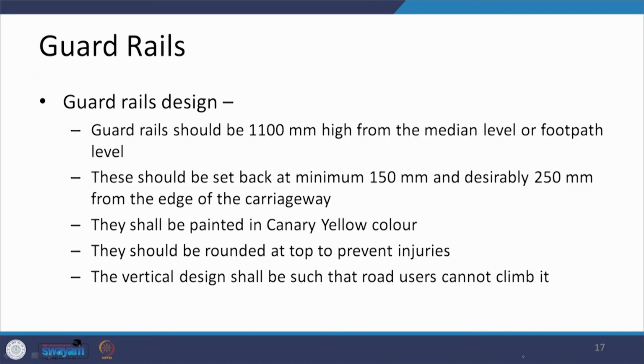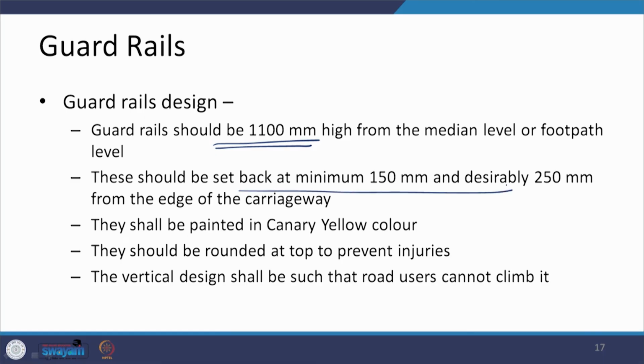Now, when we are talking about all of these guardrails, then what should be the design? That is what we are trying to look at here. The very first thing is what should be the height of these guardrails, and these are 1100 mm above the surface of the median or above the surface of the footpath on which it is being provided. The other thing is where it is going to be located, on either a median or a footpath, and it says a setback of minimum 150 mm and desirably 250 mm from the edge of